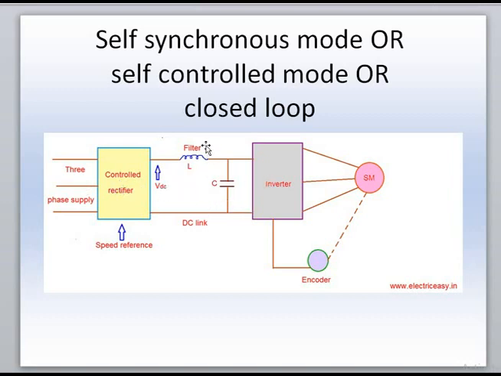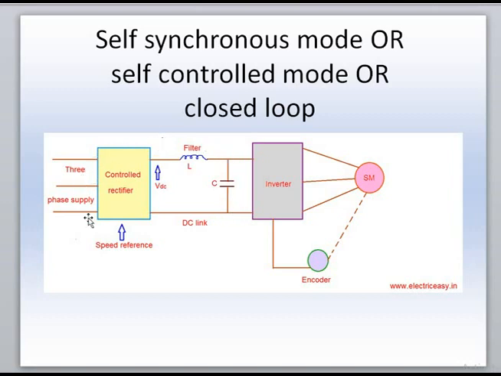For example, if you consider this entire control block, that is the input terminals, the inverter input circuit is completely replaced with a DC source, because three-phase AC is converted to DC, and the DC is given through a filter, and through this filter again we are getting a pure DC. That DC is given to the inverter. That means we can convert the entire input blocks into a simple DC block.